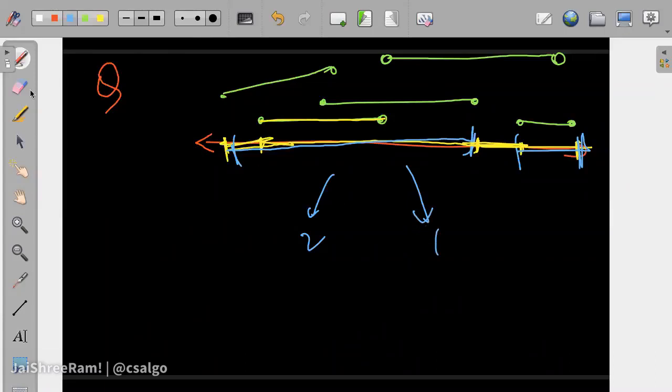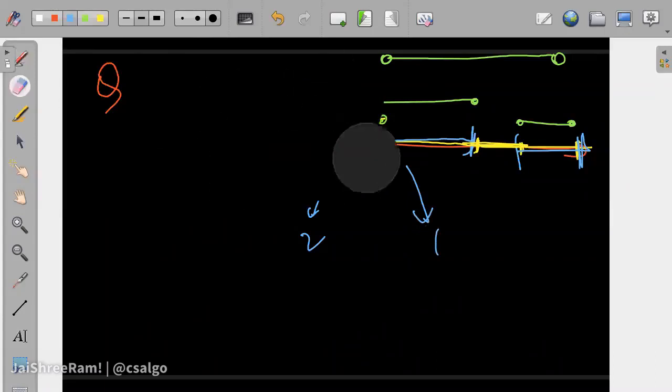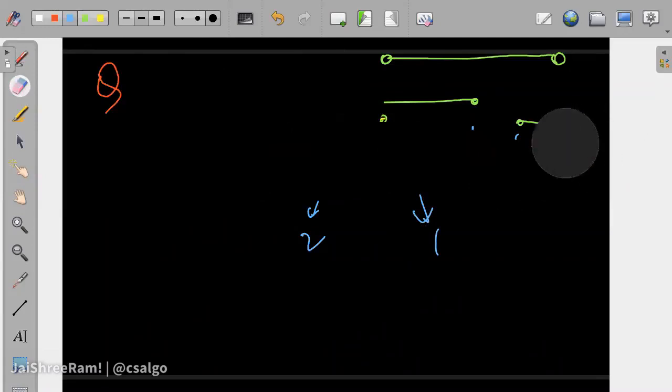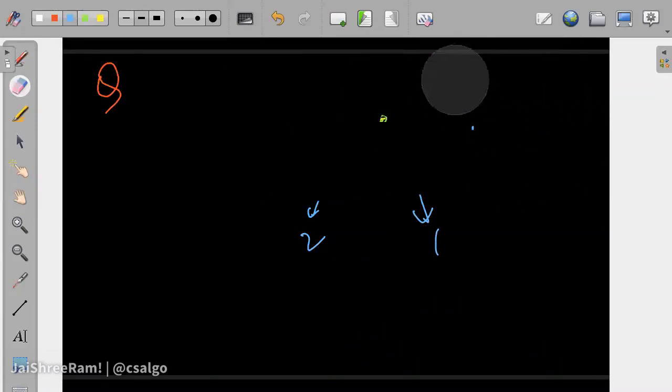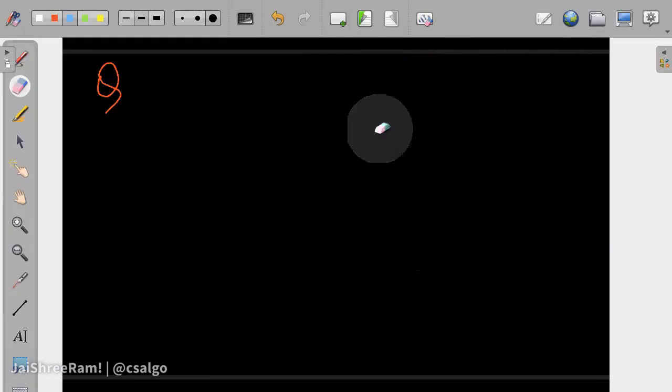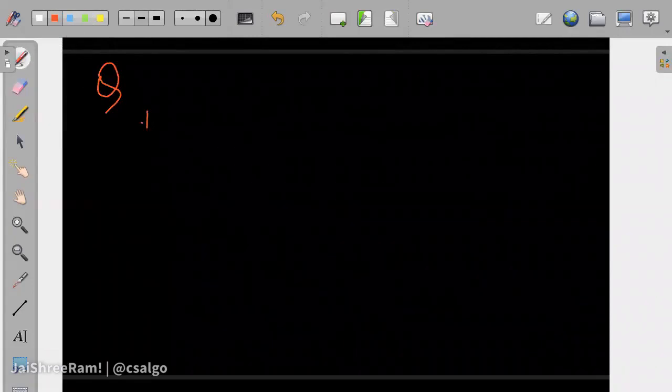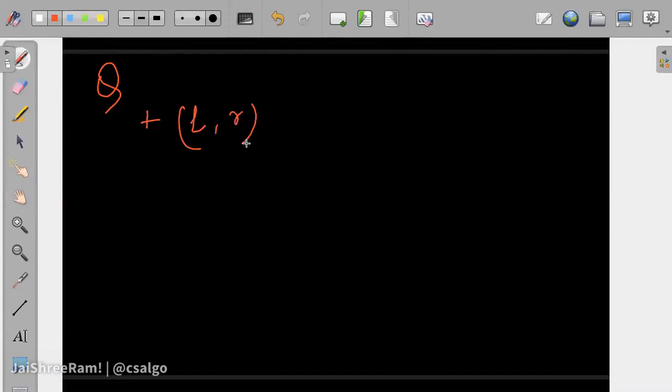Now you can assume that this line is very big, and the left bound and the right bound can be up to 10 to the power 18. You can take 10 to the power 18 only. It's no problem. Let's say 10 to the power 12. Let's say you are given Q queries. Each of them can be of 2 types: plus L and R, which means insert a segment with bounds L and R, and query, which asks you for the number of continuous ranges there are on the line.